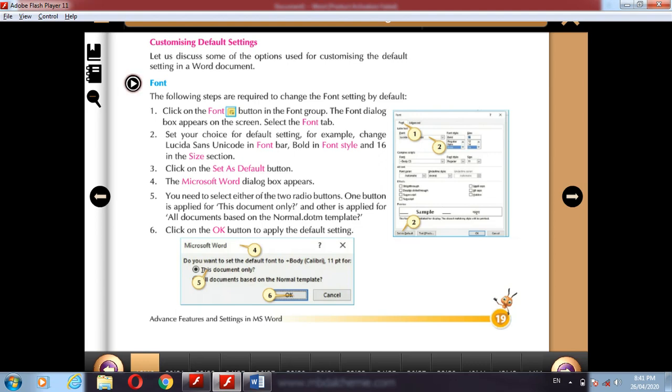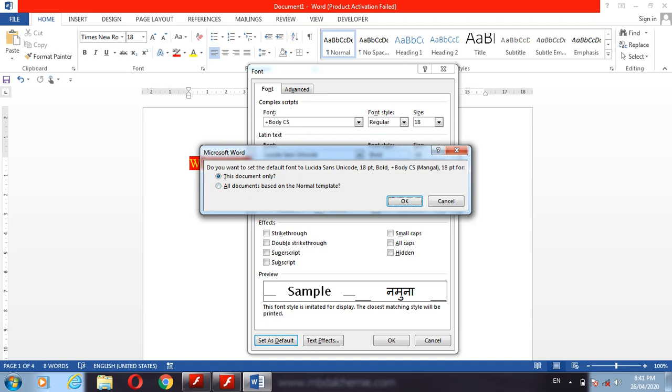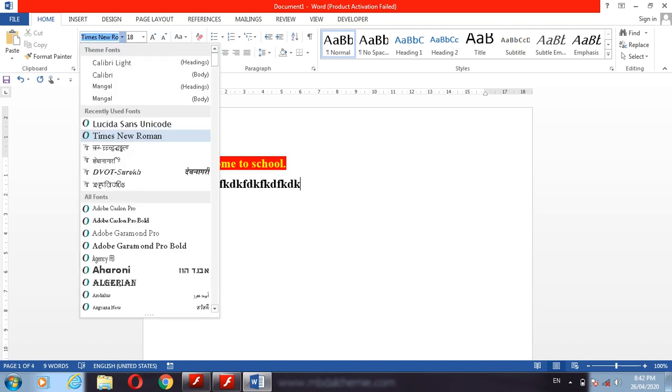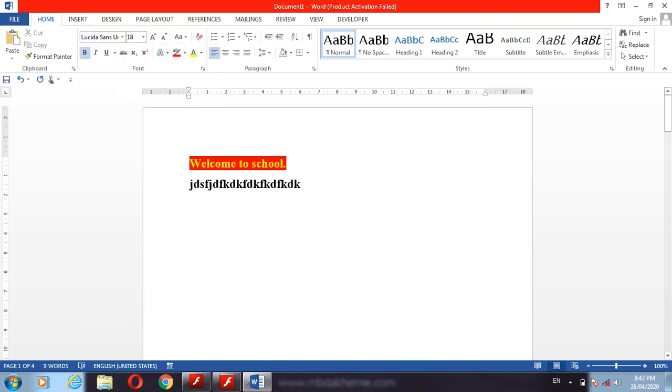This one is this document only, or if we choose another one, all documents. So this setting will be changed for all documents. If we click OK, now if we are typing, the typing will become in the Lucida Sans Unicode. This is the Lucida Sans Unicode.